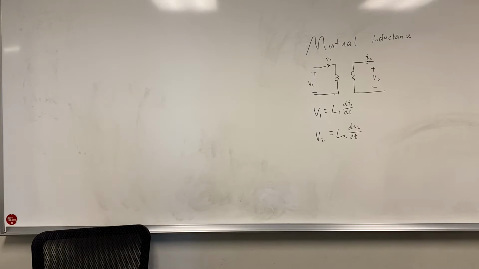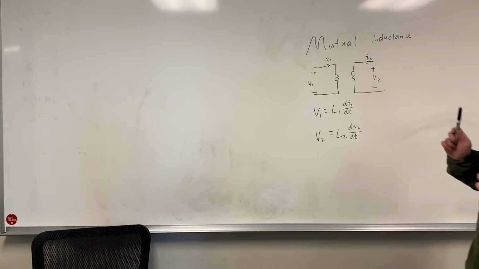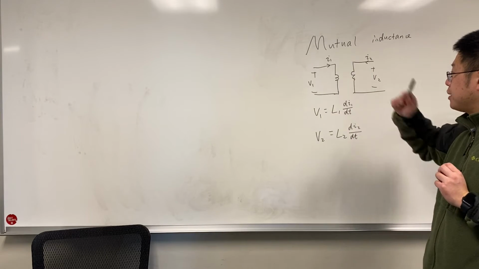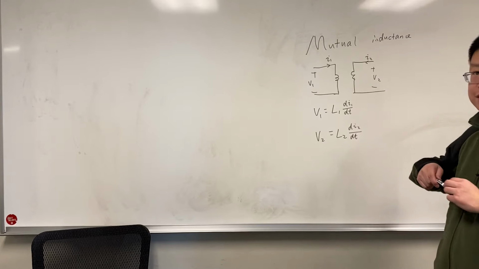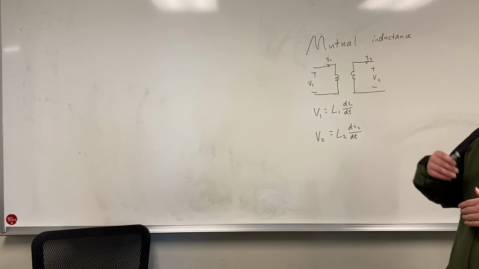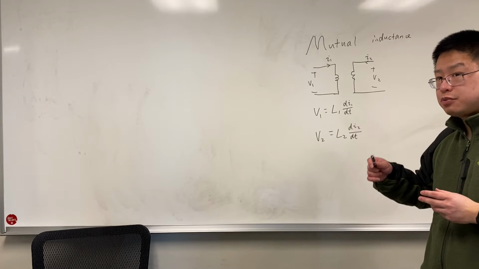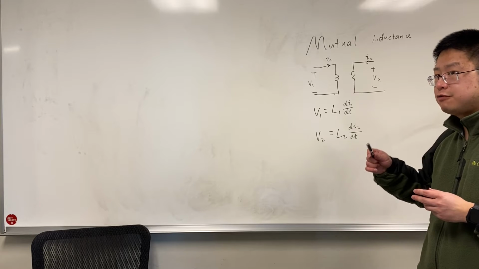Okay, let's continue our discussion on the mutual inductance. We have two coils, the primary side and the secondary side. First, if we do not consider the magnetic coupling, we have the relationship between voltage and current for the primary